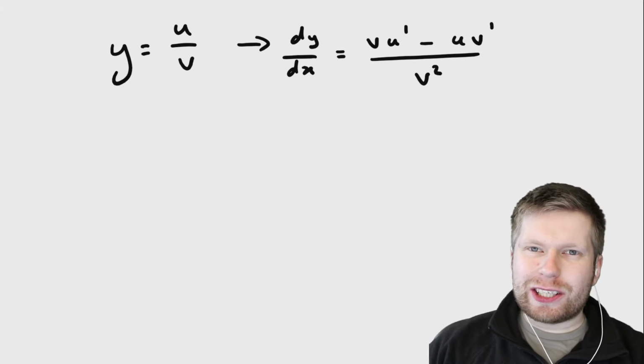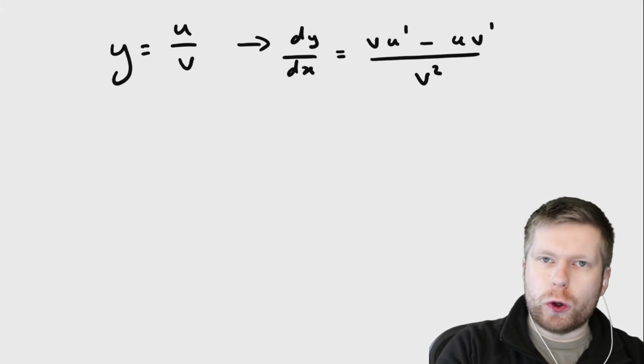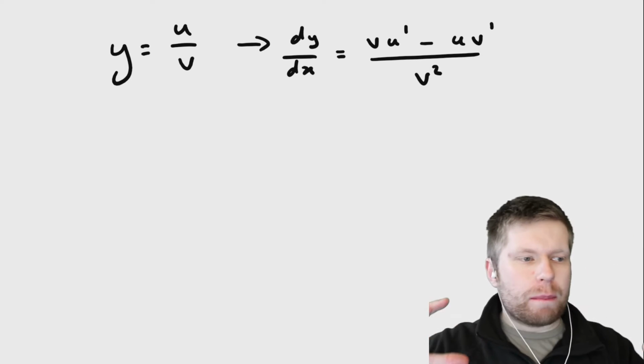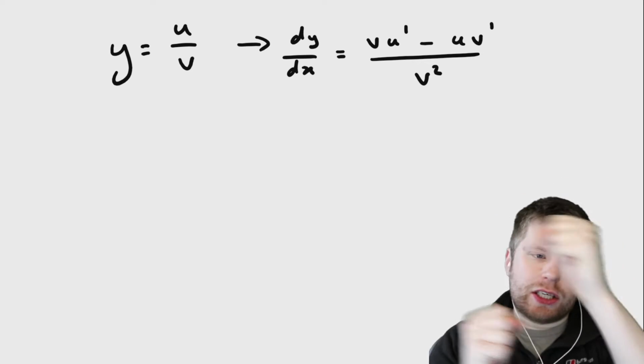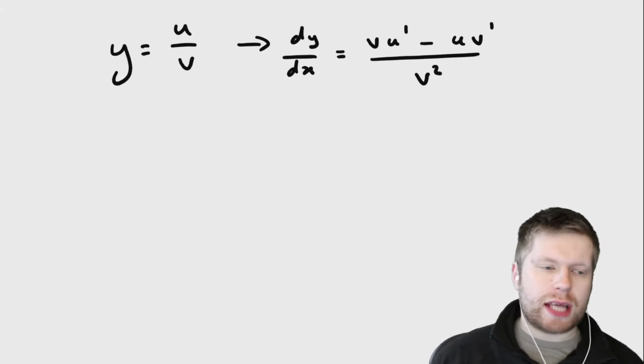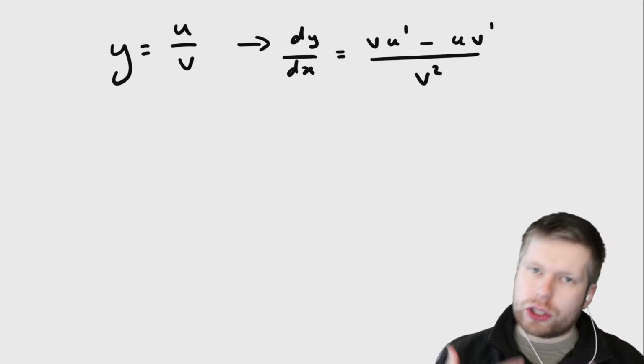Hello, so in this video we're going to talk through the quotient rule, okay? Now just remember, the quotient rule is just an extension of the product rule. It's literally just the product rule, where the denominator is just a power of -1, okay? So in fact, the quotient rule and product rule are pretty much the same thing. It's just quite handy to have a quotient rule for a situation where you're dividing two functions instead of multiplying